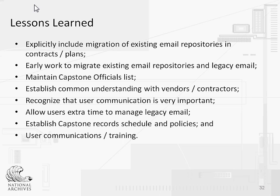If you're going to use Capstone, you need to have a record schedule behind it to support it. We have one drafted right now. I believe it's shared on our archives.gov site. It's still in draft. We have policies, which also are still in draft and depend on the record schedule so that people can understand. And the policies become the central point of all your training, which is so important with user communications and training. We created a website on our NARA at Work page, which is our intranet page, and